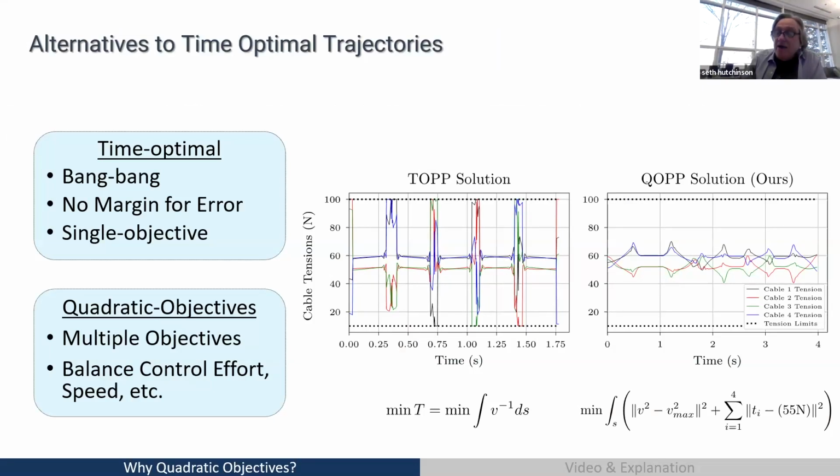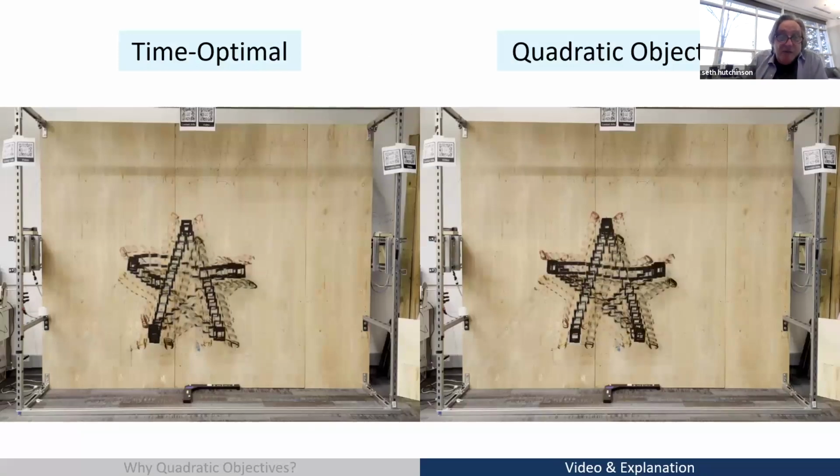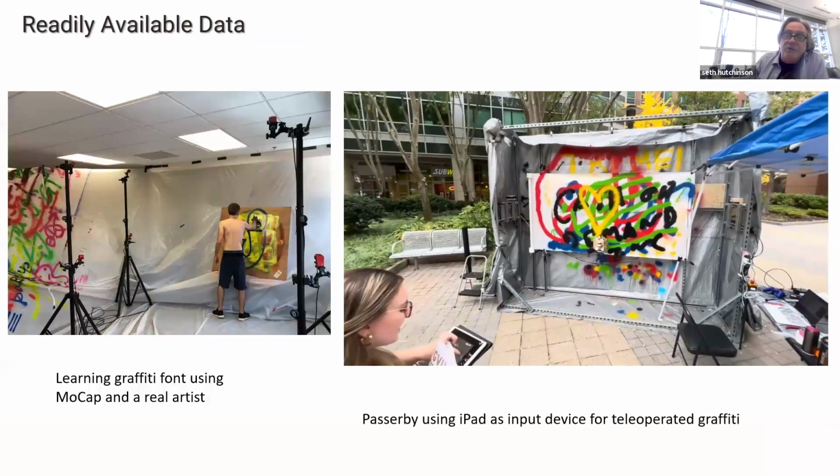So there's a term in the performance functional that penalizes for putting high tension on the object, because high tension causes bad performance basically when the tension gets too high at a high level. And so what you can see is that time optimal control is faster, but also the star is not as pretty, right? The lines are not as straight. So if you're willing to reformulate your performance objectives, you can get much better output in terms of how it looks, but it takes you longer to do it, right? And so model-based approaches allow you to do that kind of thing.